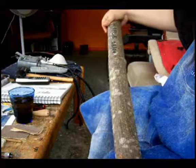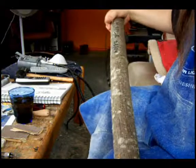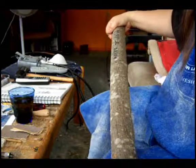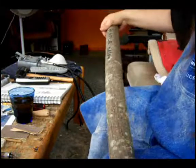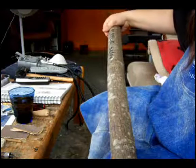Just a tip, one way to prevent your ends from splitting during the drying process is to apply a bit of candle wax. Just light a candle and let it drip over the ends, and that'll seal the ends, and you don't have to worry as much about it cracking if it's drying too fast